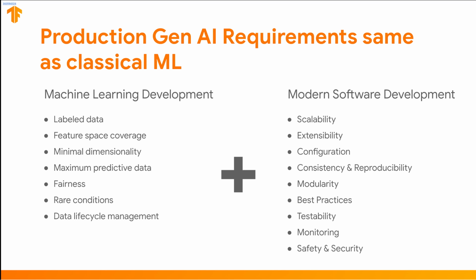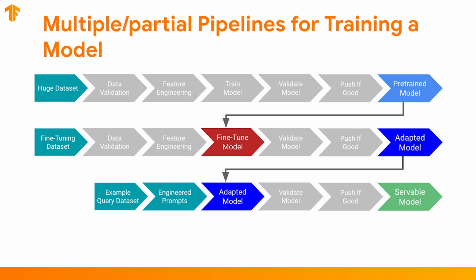So what is different? I've done it in three slides, or three portions. The first one is about training. The way we used to think about training in a linear way, from data to model, has definitely changed, and we need to think of it as a multi-stage process, with multiple pipelines and multiple workflows coming together. The way I think about it is, think of how we develop microservices, small things, so that we can manage them better, version them better, and change one of them without changing the whole thing.